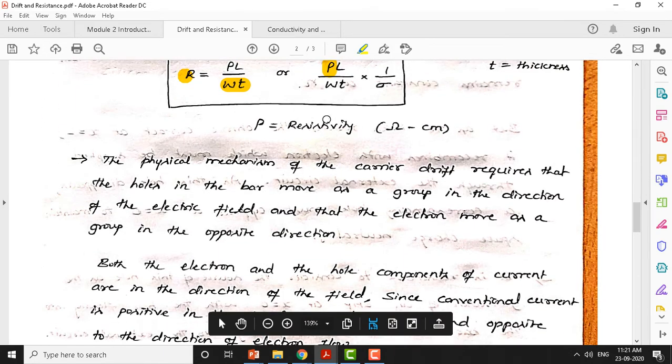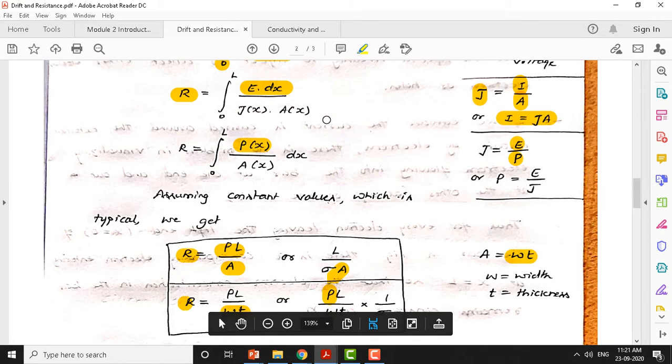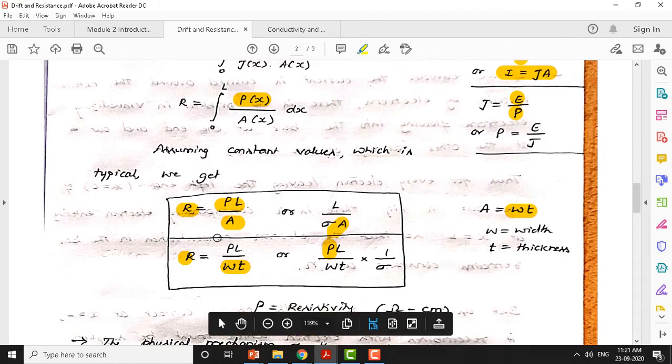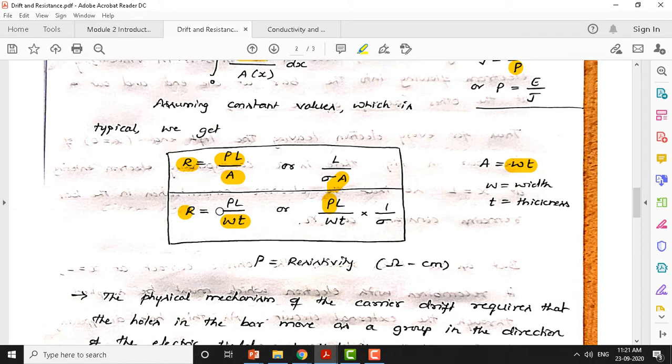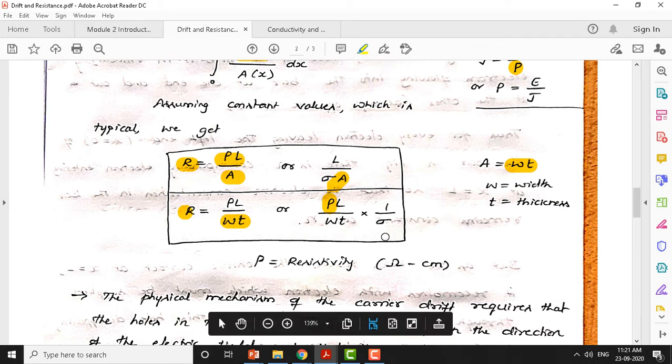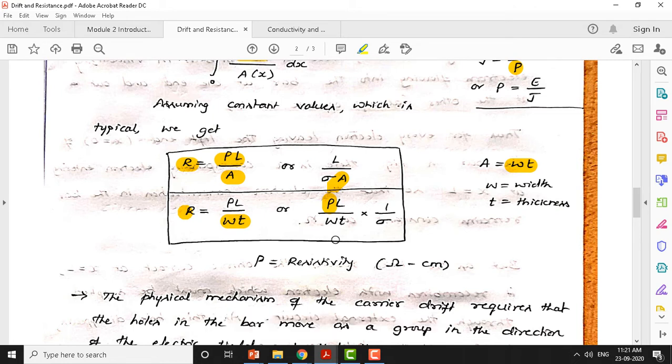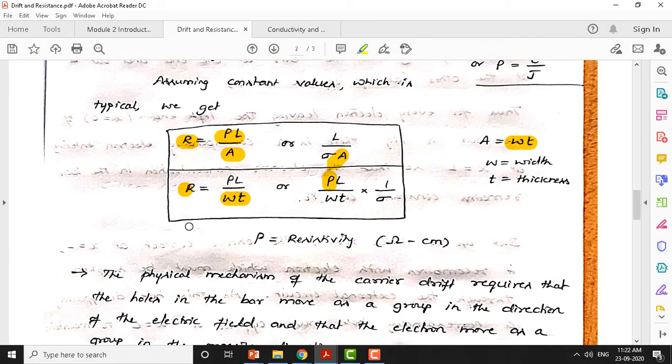So what is the interpretation here? We have derived the equation for resistance in terms of both the conductivity and the resistivity. This equation is applicable even for semiconductors, though quite often we use it for conductors. The same equation can be reused for semiconductors, but the only thing is that in a semiconductor we should consider both types of charge carriers, electrons and holes. That determines the resistance of the semiconductor bar that we have considered here.